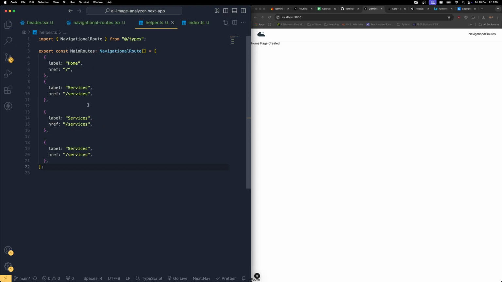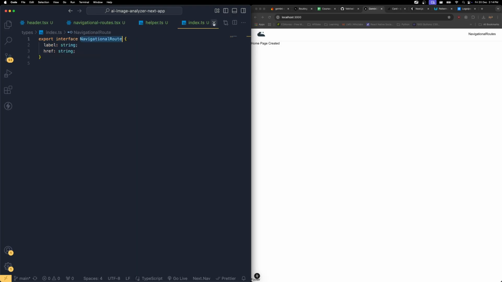All right, home, services, and here I can simply say contact us, and here I can simply say about us, and this is going to be the contact, and this is going to be the about. So these are the routes that we wanted, right? So let's close this index and the helpers, and inside the navigational route, what I'm going to do is